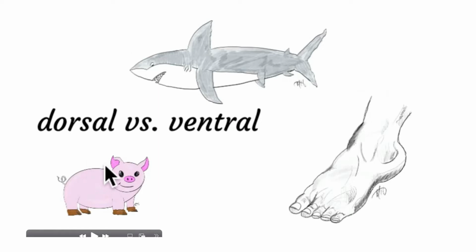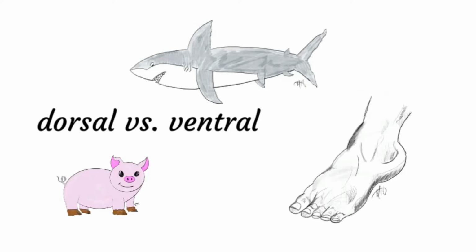Dorsal is the back. And in this case, with a quadruped or a fish, the dorsal region is synonymous with superior, and ventral is synonymous with inferior. The same thing with a fish. This is the ventral region or belly of the fish, and this is the dorsal region, hence the name dorsal fin. And because humans are habitual bipeds that locomote on 2 feet vertically, it makes really no sense to use the term dorsal and ventral,